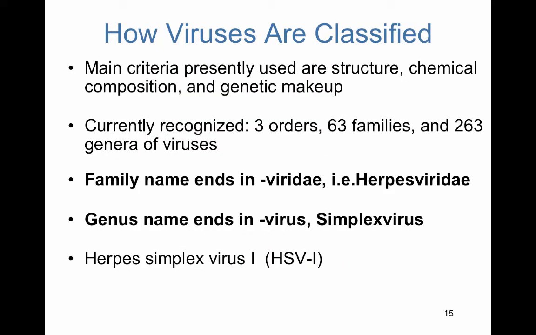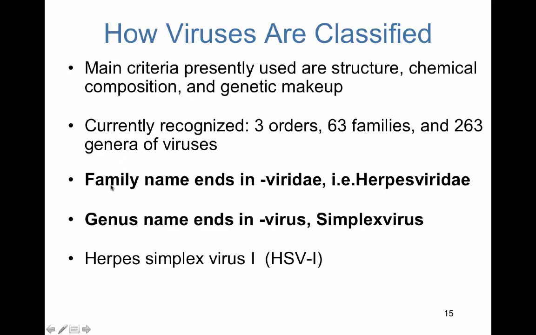Now, how do we classify viruses? So main thing to remember, guys, is that usually it's based on the genetic material. So even your textbook divides it up into chapter 24 and chapter 25, DNA versus RNA viruses. So that's really the first line of a characteristic that's used for classification. Also, structure. Does it have an envelope? Is it non-enveloped or naked? Does it have those lipoproteins, so chemical composition?